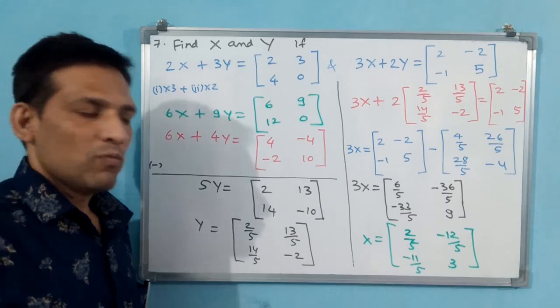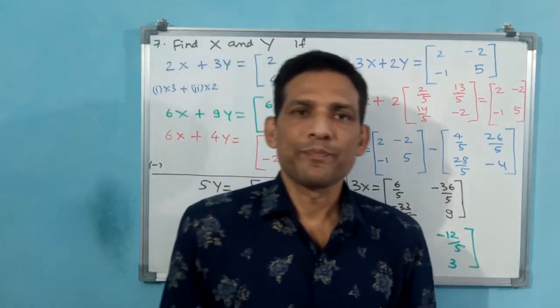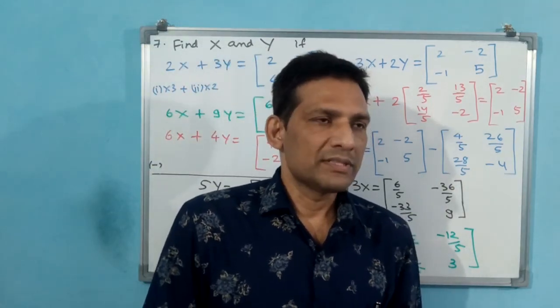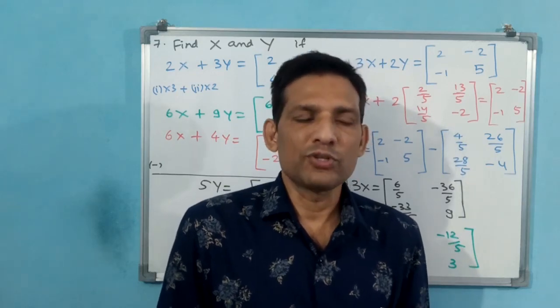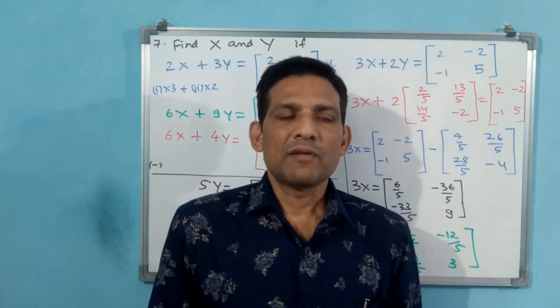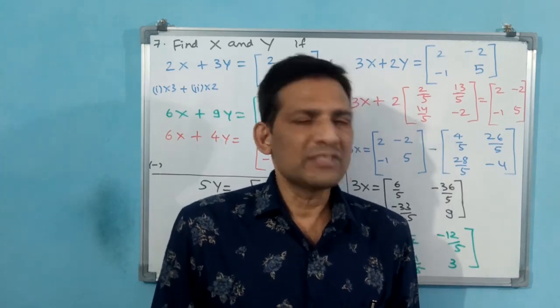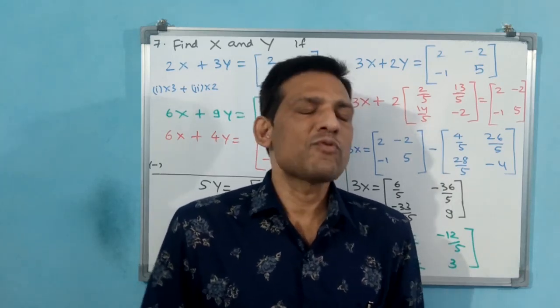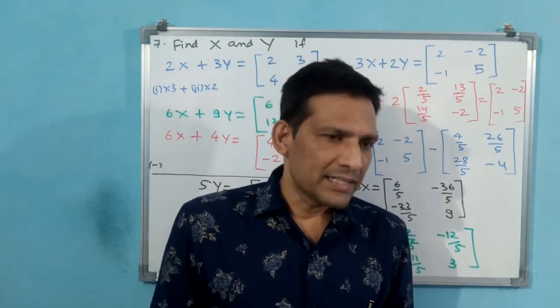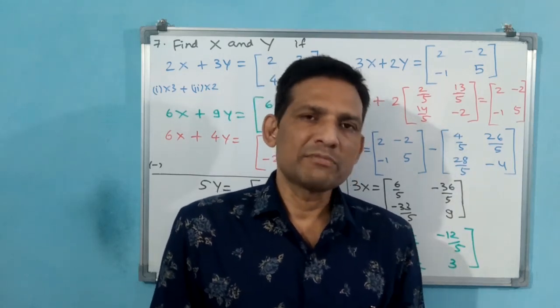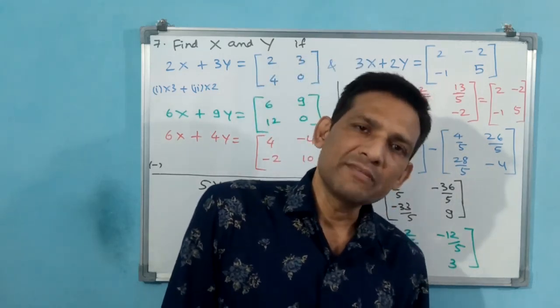What we do, we stop this class here only. The seventh question we have completed, 5 questions we have done in this class. From the 8th question onwards we will try to solve in the next class. Total 22 questions are there. I think a minimum of 2 classes are required. Let us try to finish within 2 classes. If not possible, then 3 more classes we will take and finish this exercise.